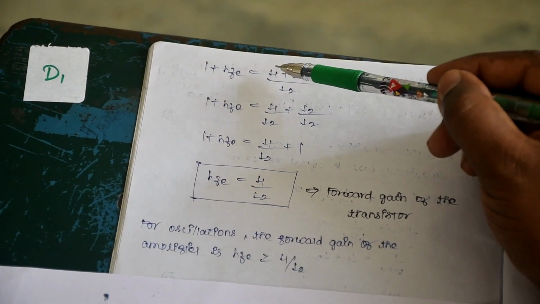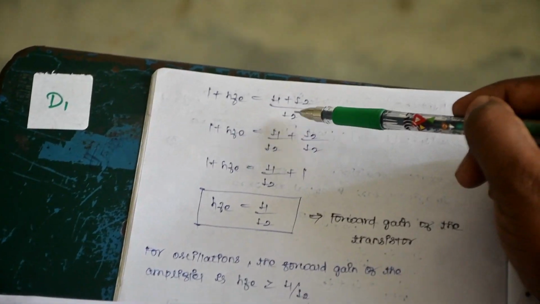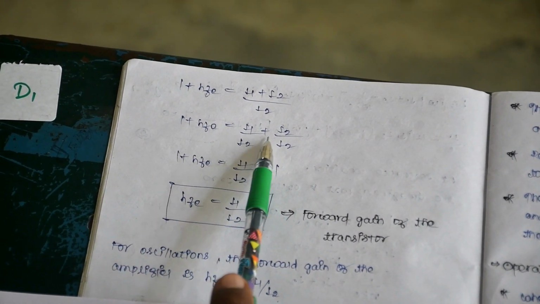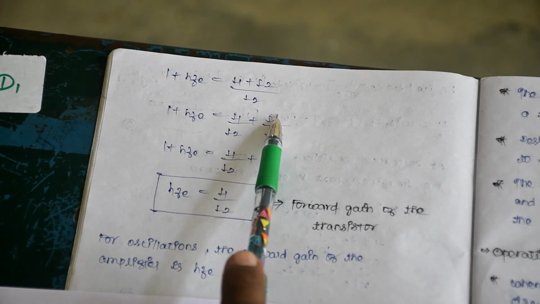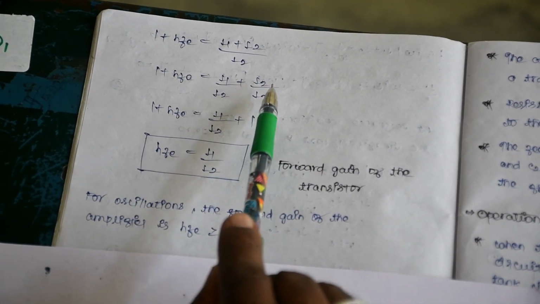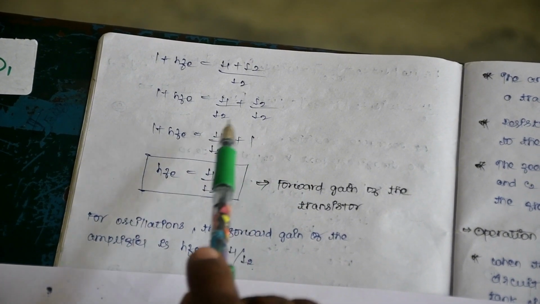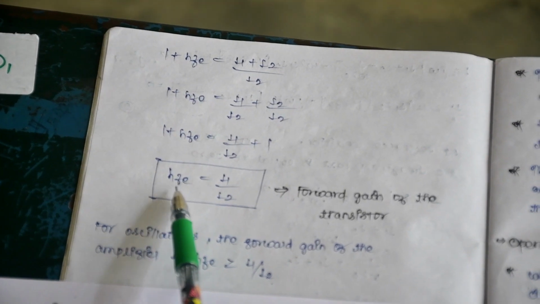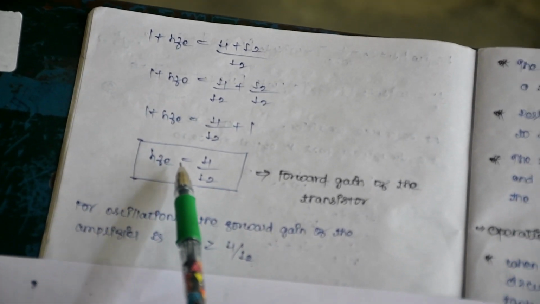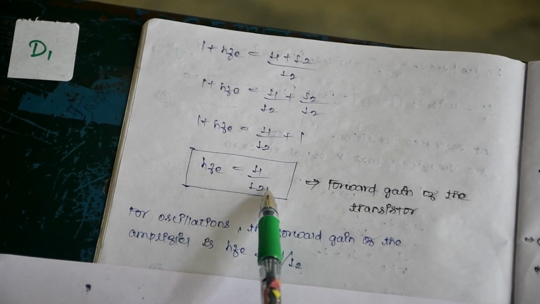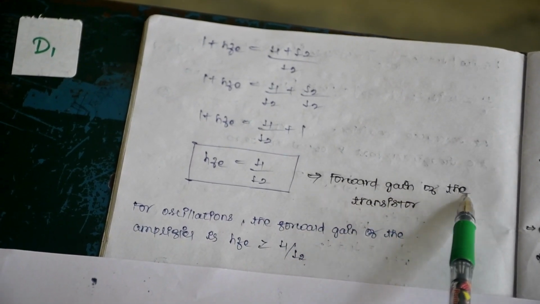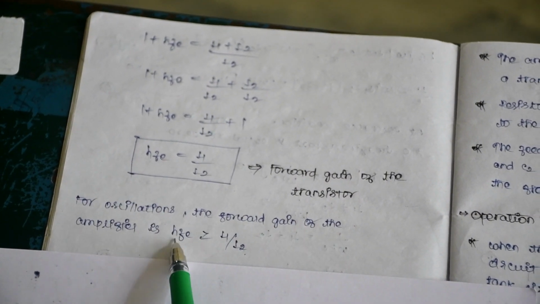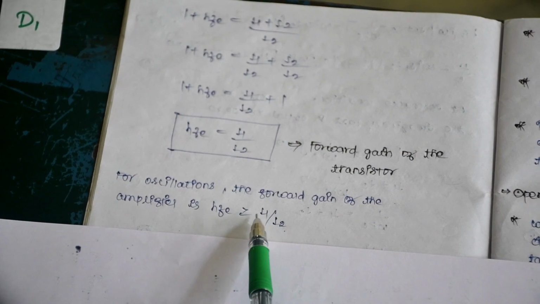So 1 plus hfe is equal to (L1 + L2) divided by L2. So 1 plus hfe is equal to L1 divided by L2 plus L2 divided by L2. L2 divided by L2 is 1. So here 1 plus hfe is equal to L1 divided by L2. So we want to calculate the hfe for the condition for oscillation. hfe is equal to L1 divided by L2. So this is the forward gain for the transistor. So for oscillations, the forward gain of the amplifier hfe is greater than or equal to L1 divided by